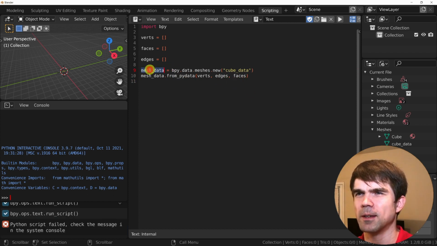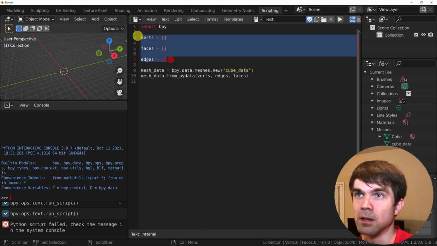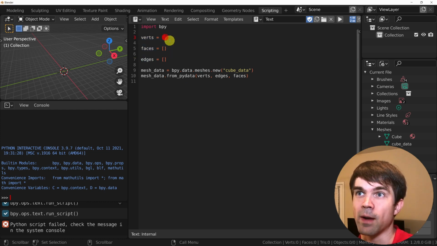All right, we created our mesh data variable right here, assigned the results of this operation, and then used this variable to populate this mesh data with verts, edges, and faces defined up here. Of course, these lists don't have anything, they're empty, but we'll change that in just a minute.